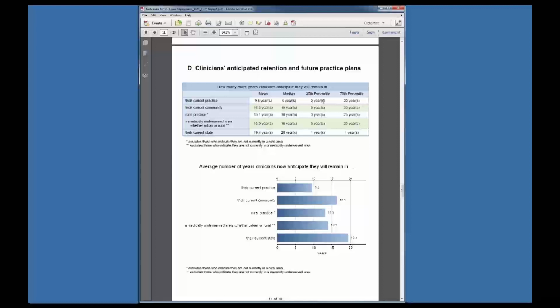And only 25% would say they anticipate they'll be gone 2 years beyond their current time, and at the 75th percentile, more than 25% are saying they'll stay 20 years or more. Again, retention is not something one measures just with respect to your current practice. There are many ways you can look at retention. States may look at this as saying, well, if this helps bring National Health Service Corps clinicians into the state and then they stay here afterwards, that is fantastic.